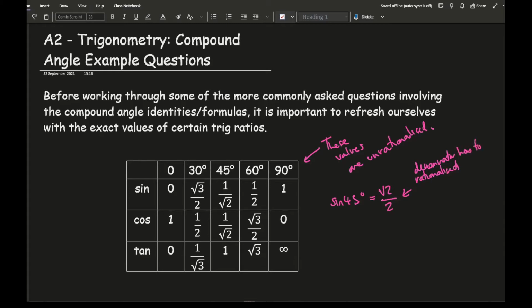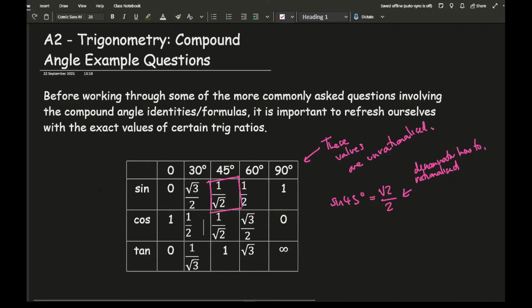However, in a show that question, rather than using root 2 over 2, they actually want you to use 1 over root 2. It is important that you're able to recognize that the two things may be written differently. So yes, your calculator will give you root 2 over 2, but you need to be able to remember that